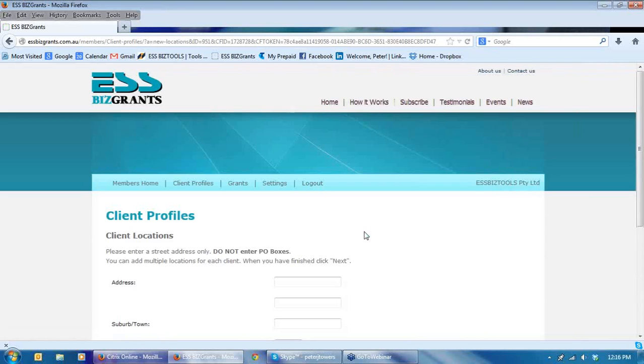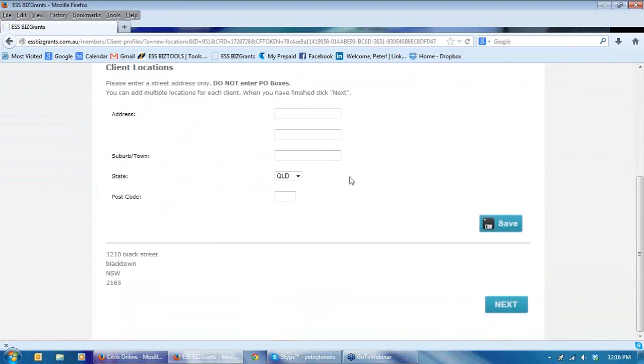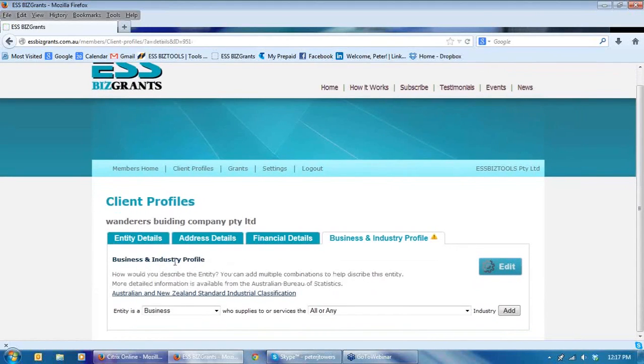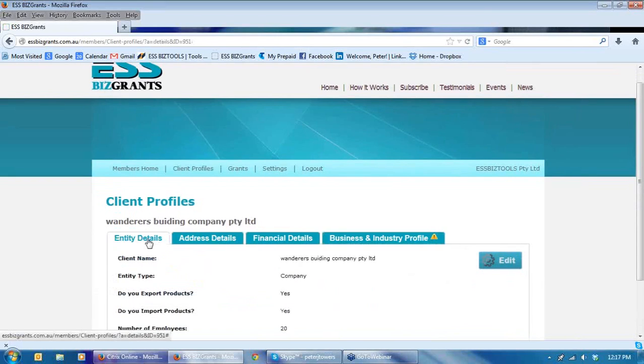Now, when that comes up, we have the opportunity of inserting some additional addresses. So if you have a client that's operating from, say, a city office in Sydney or Melbourne and has operations in regional areas, you can then enter some additional locations, because you might find that in one of their regional locations they might be eligible for a grant, whereas in the city area where they're normally located they might not be. The next item you need to go to is this summary here.